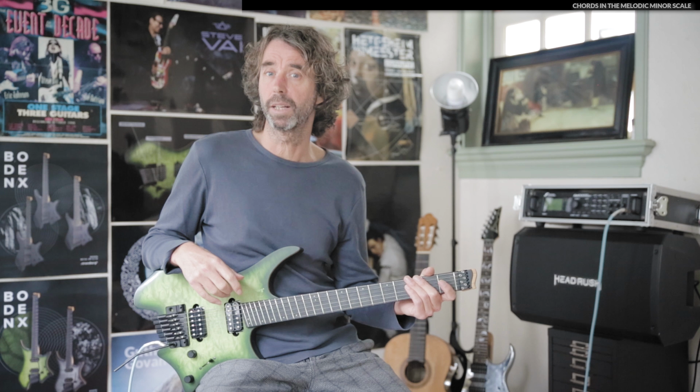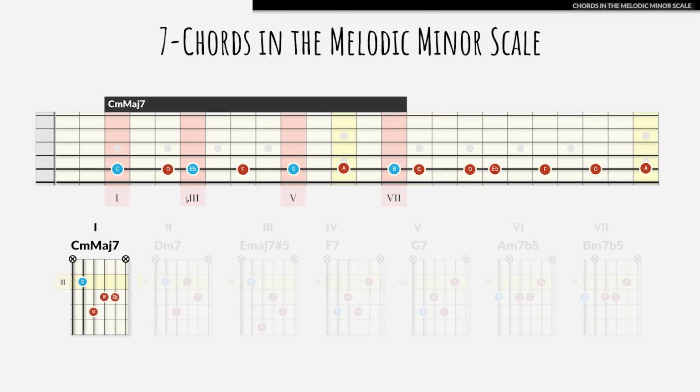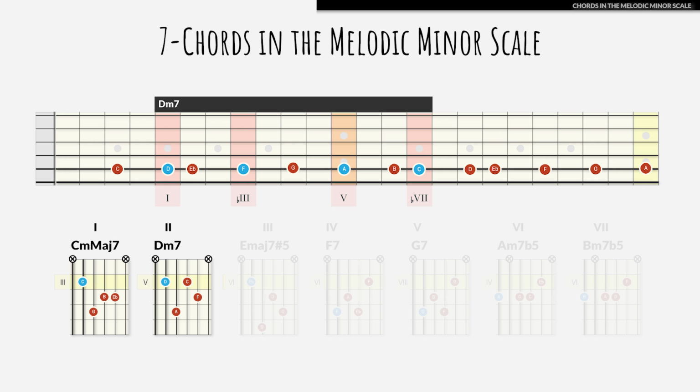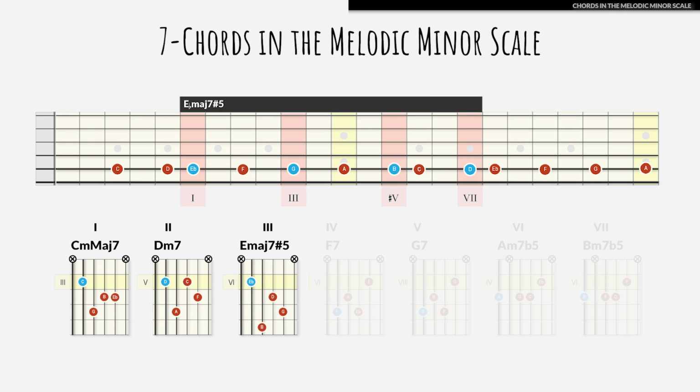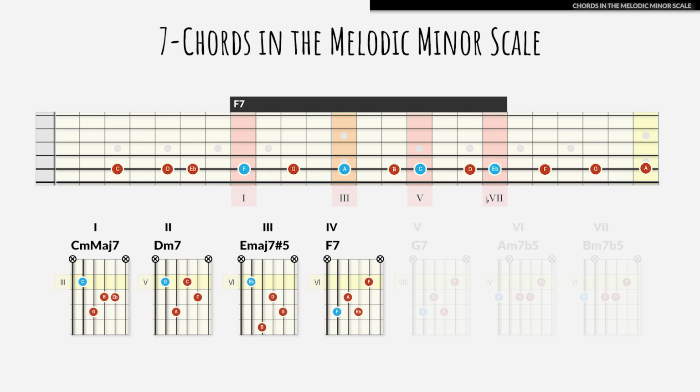If we extend the triads to 7 or 9 chords, we'll see the C minor major 7 chord on the 1st degree, and this chord is typically associated with the melodic minor and harmonic minor scale. It can also be a minor major 9 chord or a minor 6 chord. The chord on the second degree can be a D minor 7 chord or a D minor 6/9 chord, for instance. The chord on the third degree is a colorful major 7 sharp 5 chord. The chord on the fourth degree can be an F dominant 7 chord,